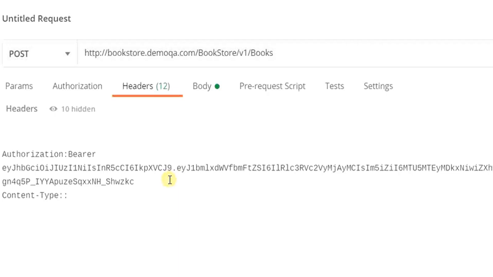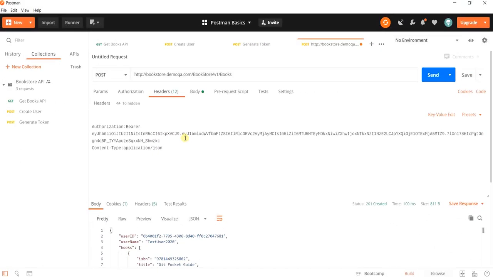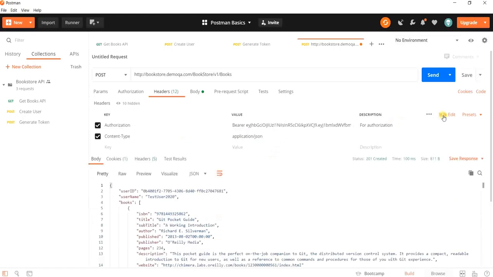You could just add it in the format of headers, that is key:value. So some of you might prefer to add the key value pairs in this plain text format. This option will be helpful in those cases.